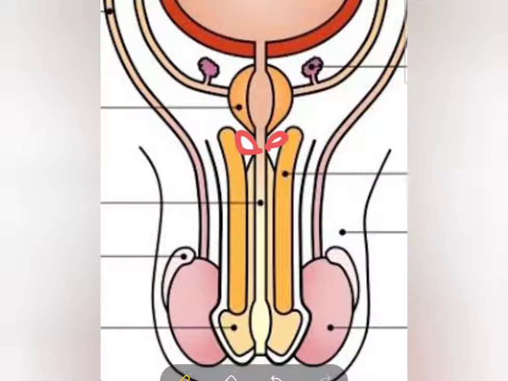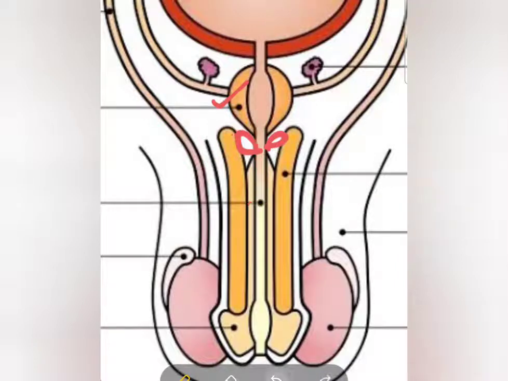It's a very small pea-shaped structure, even smaller than these seminal vesicles. So they are located right below the prostate gland in this small location, and their function is to secrete thin milky fluid. The prostate gland and this Cowper's gland are present on either side of the urethra, right? So the secretions out of these glands will get inside the urethra, thus making the urethra slippery for easy discharge of the sperm.